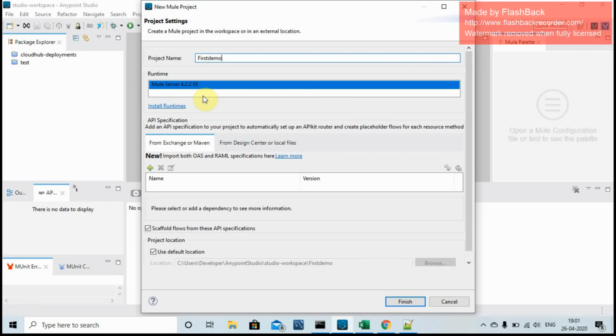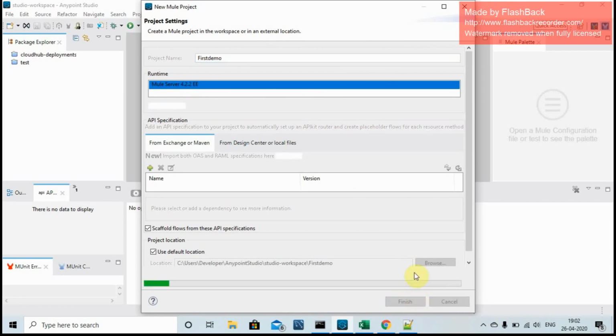But I would suggest going for the latest Mule 4.2.2 Mule server only. That will be a better approach because it comes with a lot of other functionalities and the security bug fixes as well. Click on finish and it will start creating the basic structure, the skeleton of the first demo application. We will give it a minute to set it up.